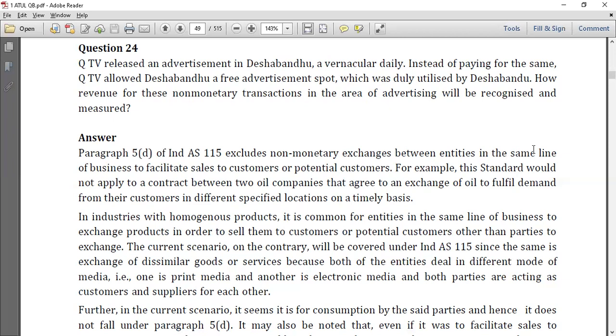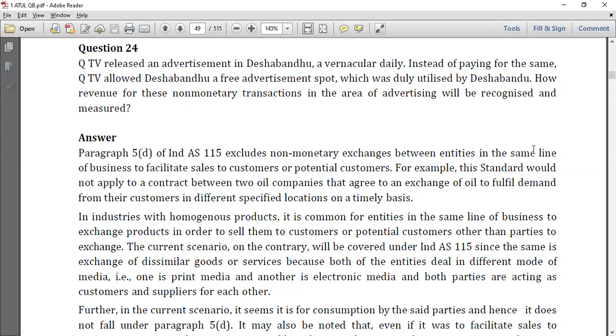See, for homogeneous products like oil, both being oil companies, it is common for entities in the same line of business to exchange the products in order to sell them to the customers or potential customers, because oil won't change other than the parties to the exchange. Now here, if we see the current scenario,